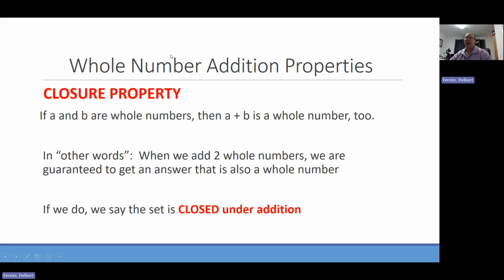All right. So you can see the red words there, closure property. You probably remember from high school writing things about associative and commutative, and we'll look at those shortly. I decided to start with closure, and closure relates to two ideas. It relates to a set of numbers and an operation. So we're going to try to decide, if we have an operation in mind, and for this particular set it's going to be addition,